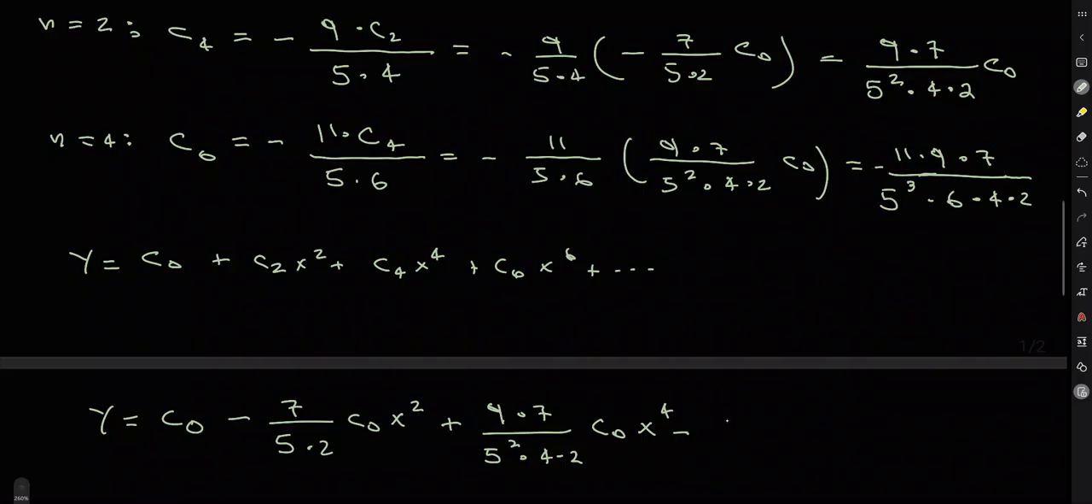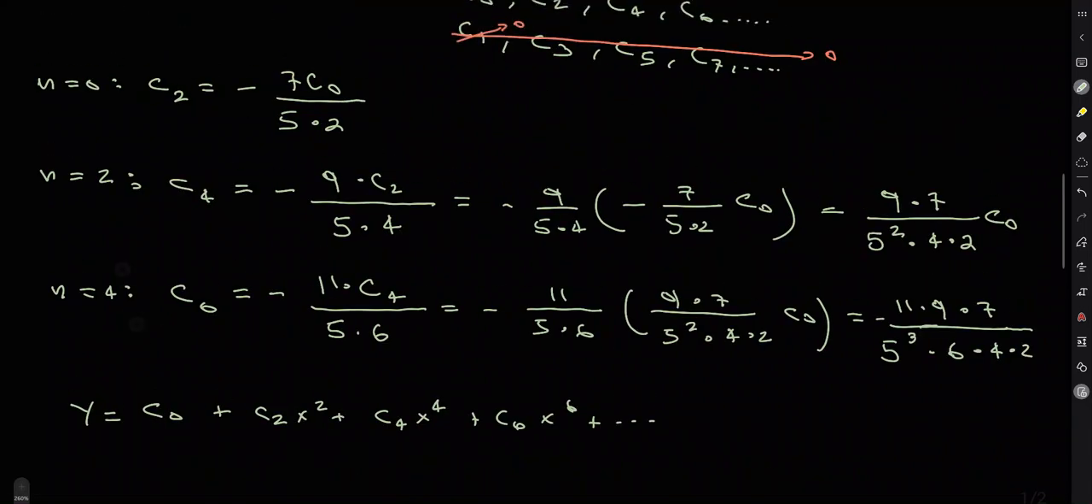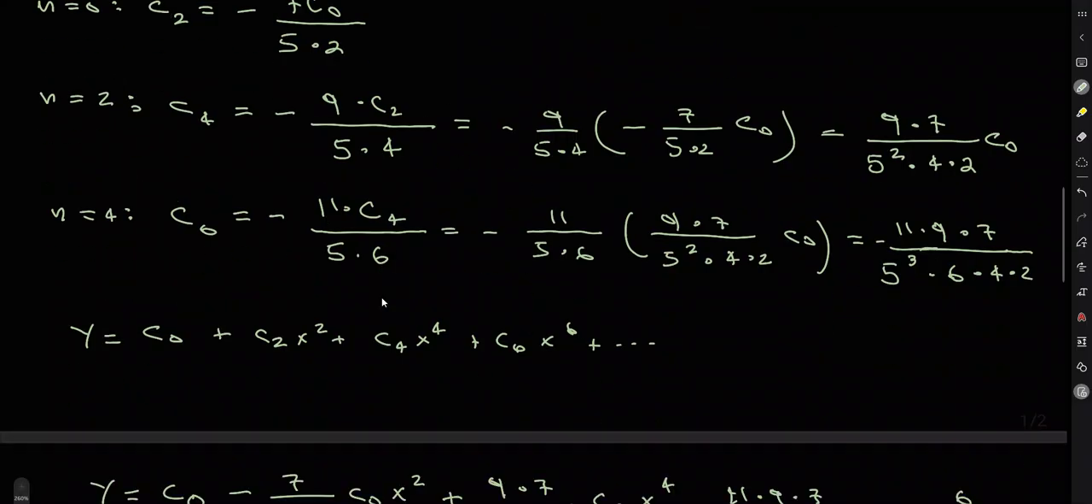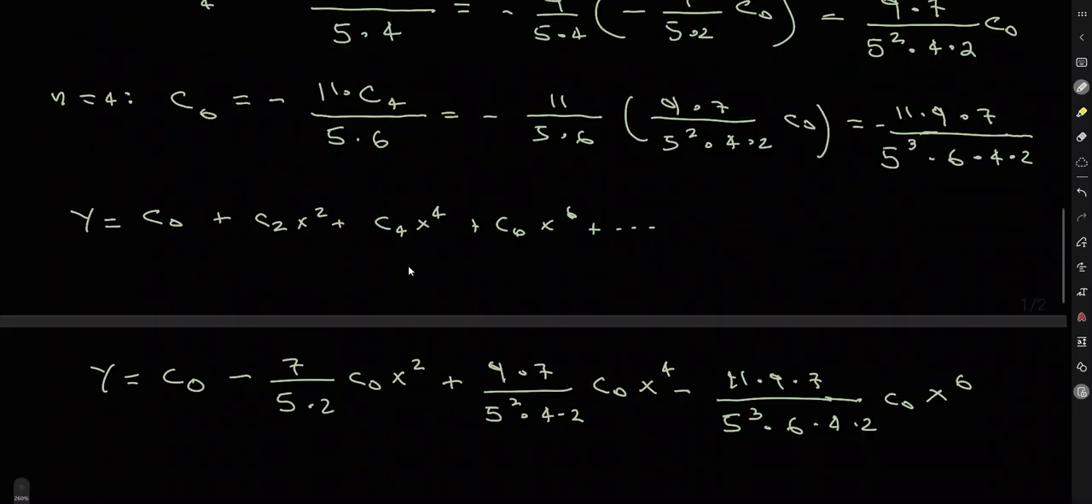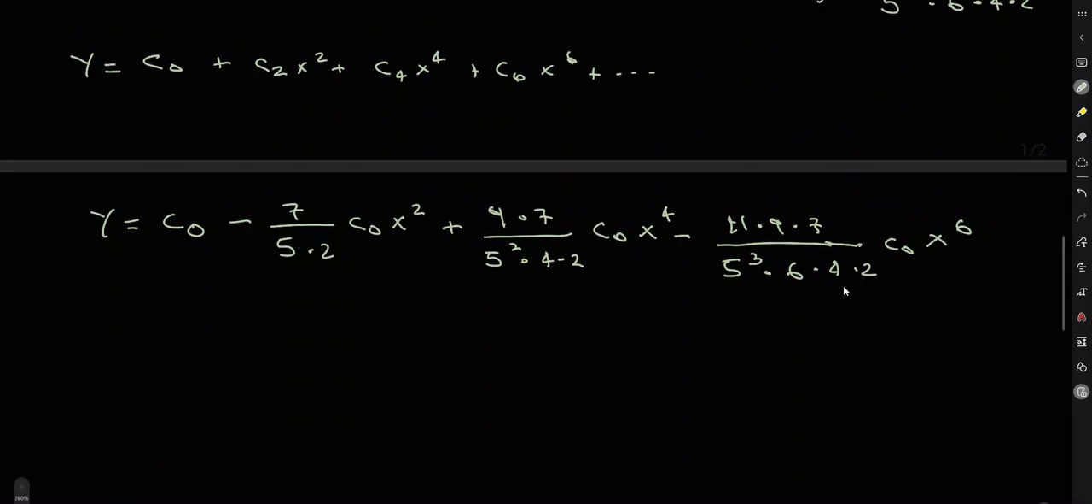Okay, so that's minus 11 times 9 times 7 over 5 cubed times 6 times 4 times 2, c sub 0, x to the 6th power. Why is that? Because this coefficient, because of the subscript 2, corresponds to the coefficient of x squared, the coefficient of x to the 4, the coefficient of x to the 6. All right? Well, the next step is to find a pattern and write this